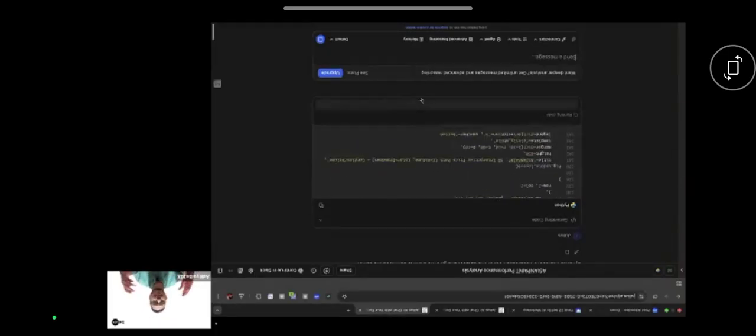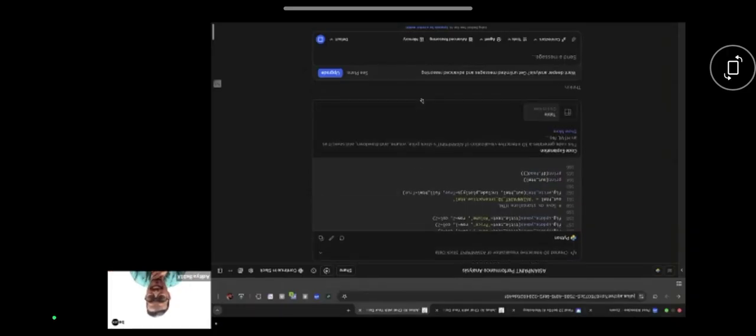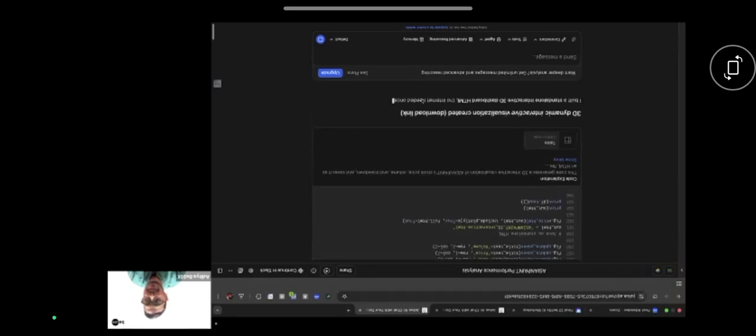Some lines of code which you and I don't need to understand. AI is doing the work. Let AI do the work. Let's see what AI is able to assist us with. We'll wait for a few seconds for it to generate the answer. So it is generating the answer.